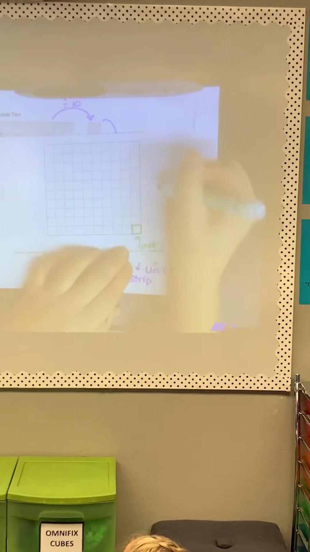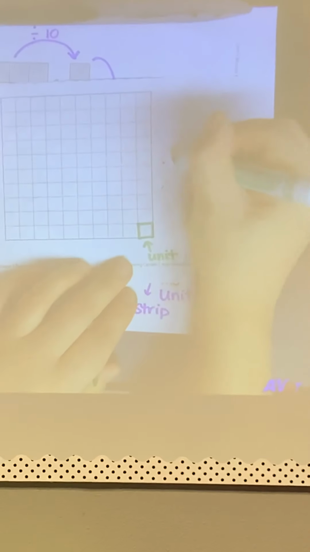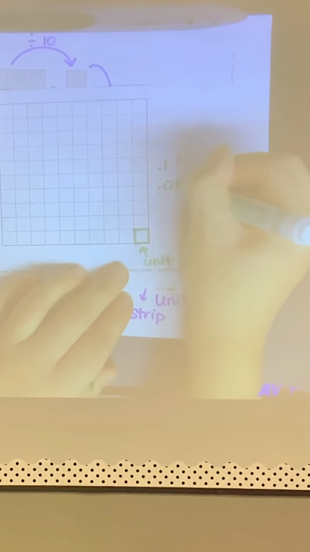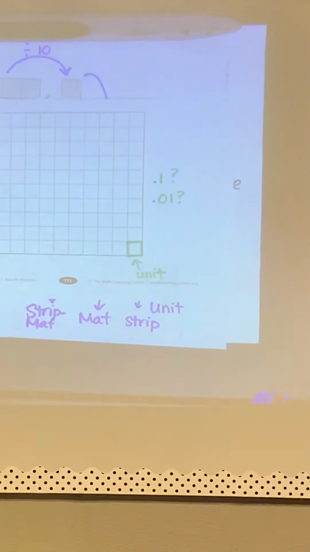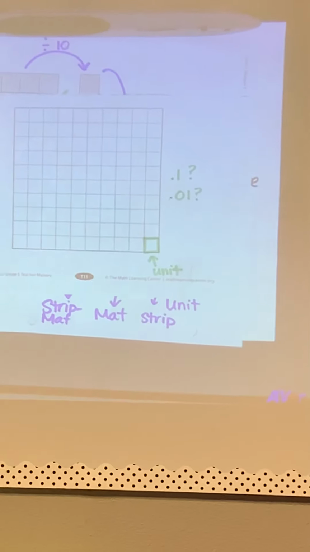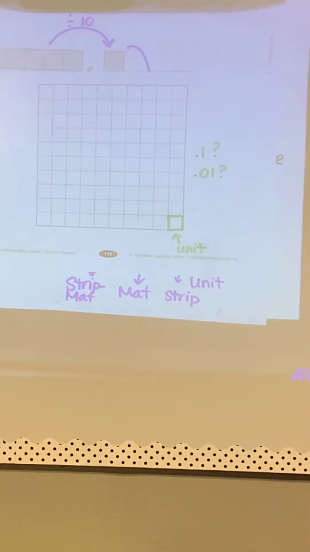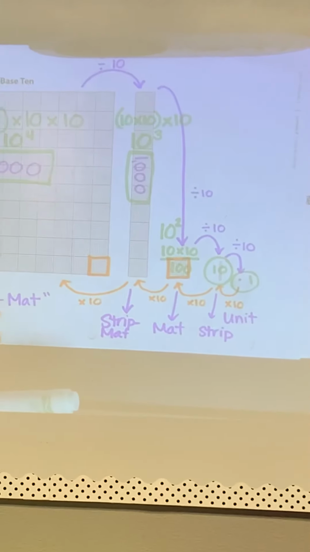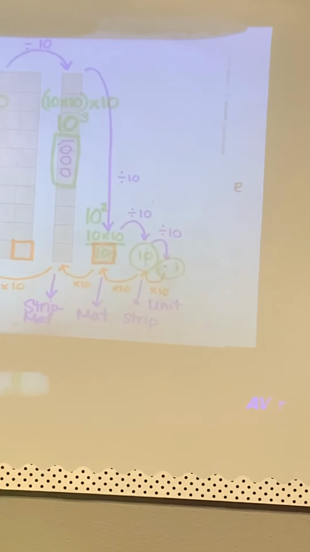1/10. So what would 1/10 look like? 1/10. What would 100th look like? How would I continue to show those pieces if I were to go to the right of our Great Wall of Base 10? I'm going to send you off with these, and you and your table group partner are going